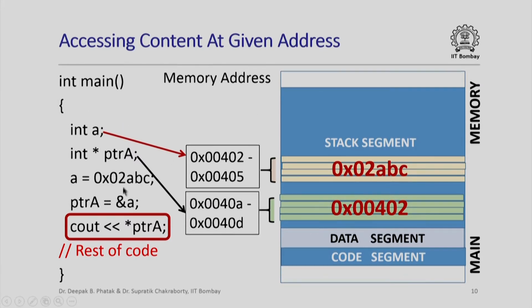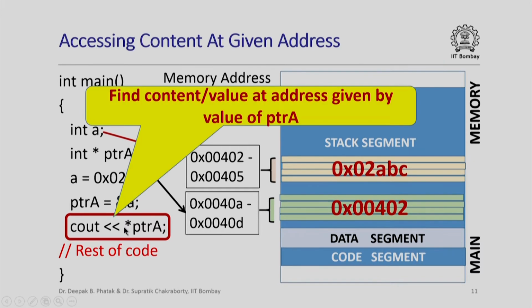So here is our previous program, but now we have augmented it by this statement where I am trying to print out the value of star pointer A. This is the unary star operator, the content of operator. So how do we go about doing this? I am basically asking, let us find the content or value at the address given by the value of pointer A. So we are going to find the value of pointer A, treat that as a memory address, go to that memory address and find out what value is stored there, and then we are going